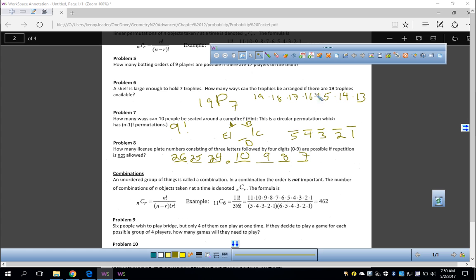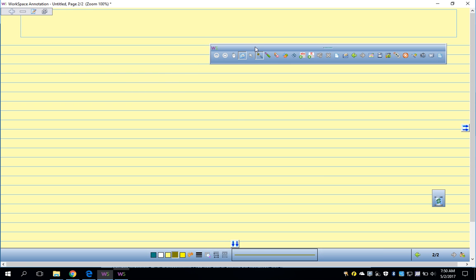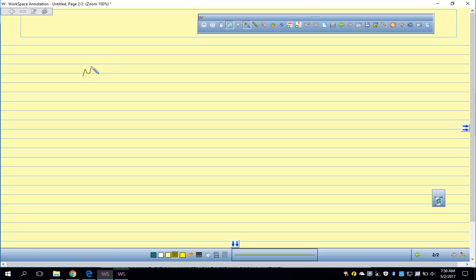Okay, so these are all permutations. A combination is when order does not matter. So combination, if they say nCr, that's kind of like that example that I gave. The order doesn't matter. With a permutation, the order does matter. Order doesn't matter. Okay, so you see combinations in like picking committees,